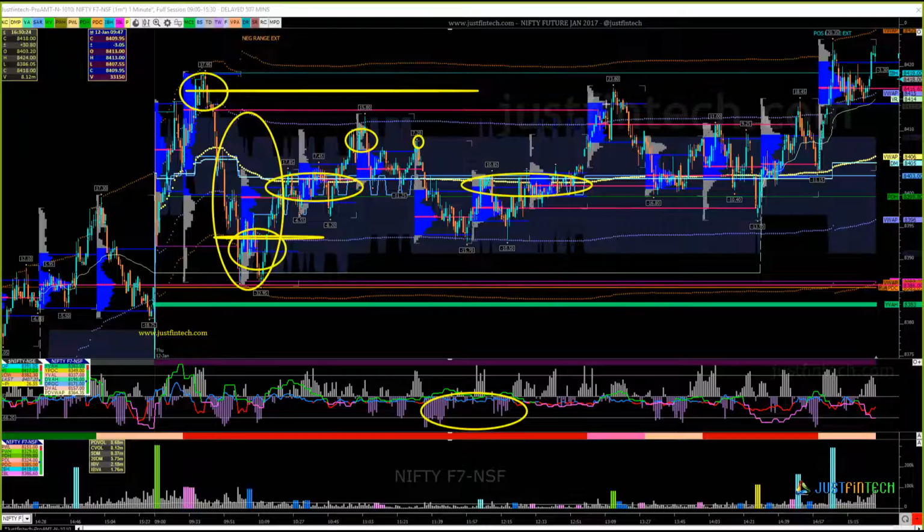So that was the thought process: the chances were that I would not get 16 points in this trade. So the fear of not getting those 16 points is what led me to sell into this spike up,